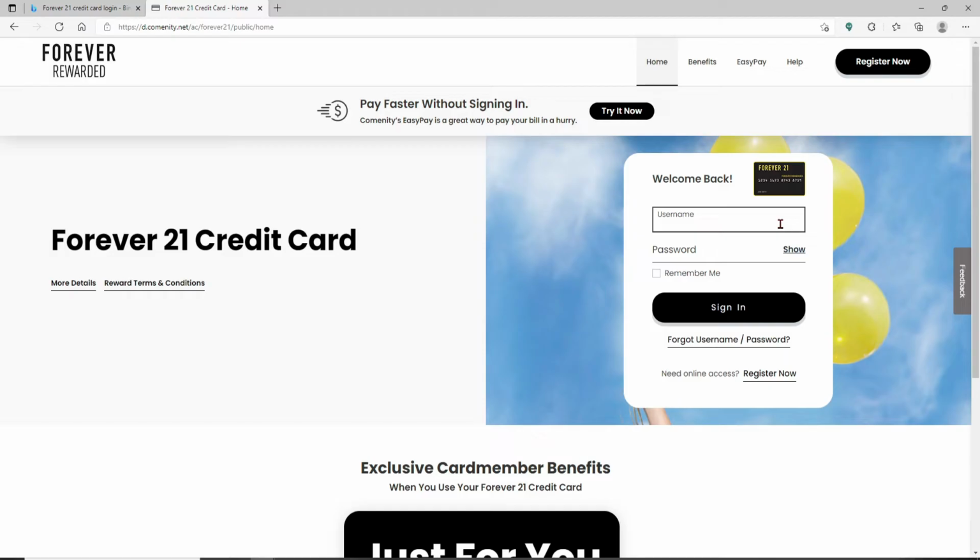Enter your username in the first text field where it says username, and head over to the next field where it says password and type in your password. You can double check your password by clicking on the show link or the eye icon at the right corner